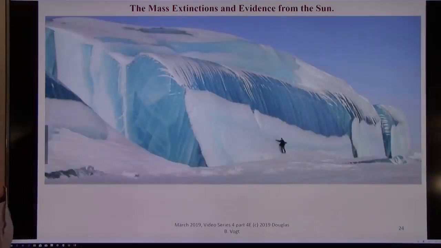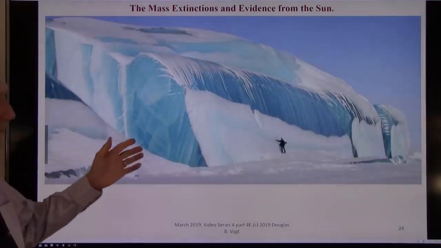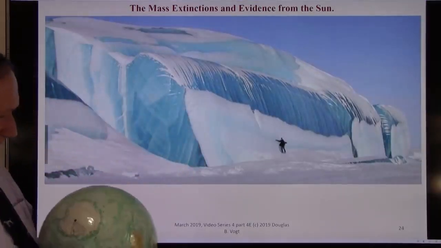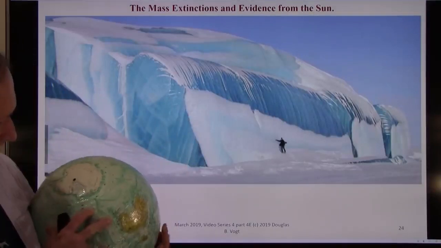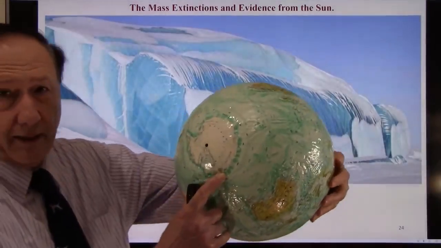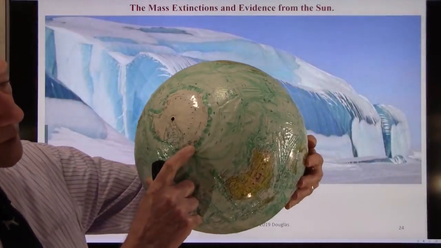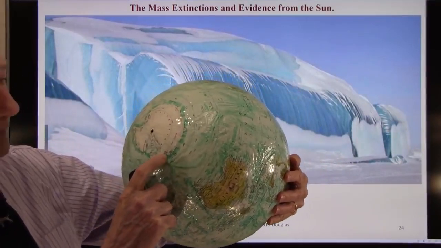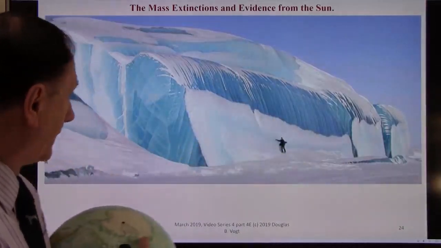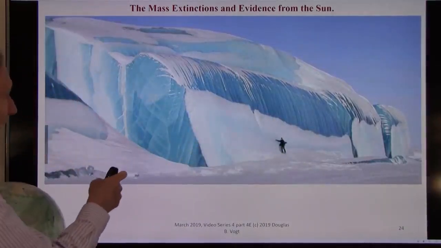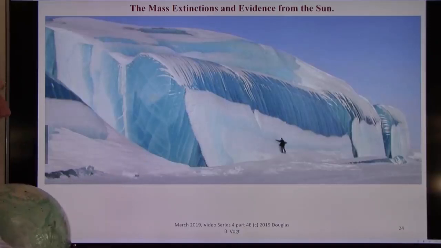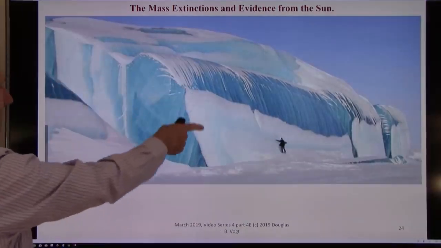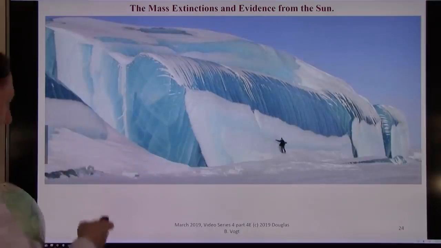Somebody sent me a link to this. This is near the French base. I'll show you where the French base is. Here's Antarctica, and it's right there. That's where the French base is. Very close to where this thing says the South Pole is, right there. So, this is a wave. We don't know how deep this thing goes. It's the size of a guy, and you can see the wave kind of pouring over like this. It's a real mountain of water here.